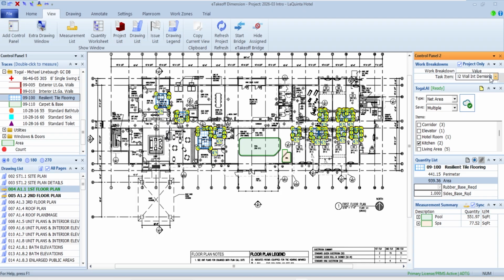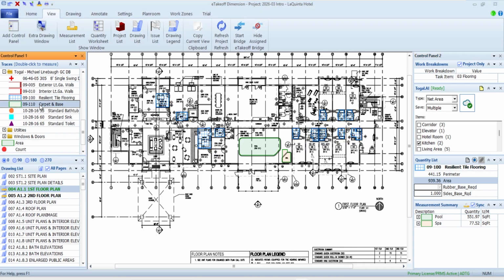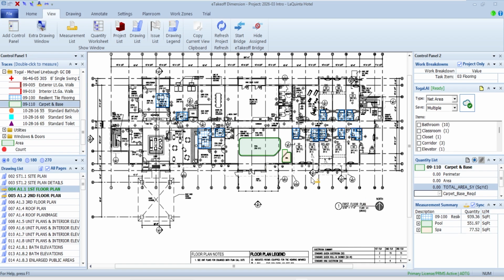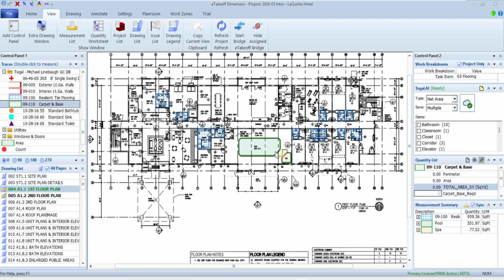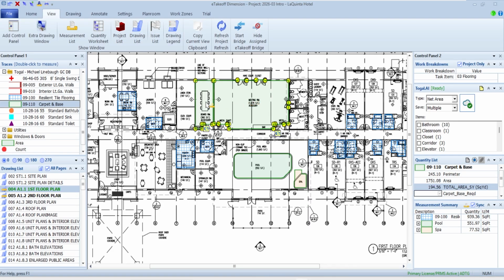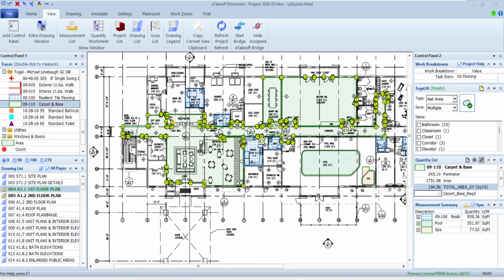And then I'm going to come up here and let's change this to something about flooring then. And let's go ahead and do carpet. Carpet I'll do a little different. So instead of me going over here and picking different areas for the carpet, I might come in here and just pick rooms. So maybe that meeting room has carpet in it. Maybe this boardroom has a carpet in it. Maybe the general manager's office does, and this office.